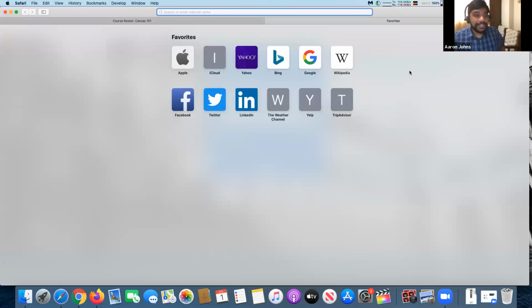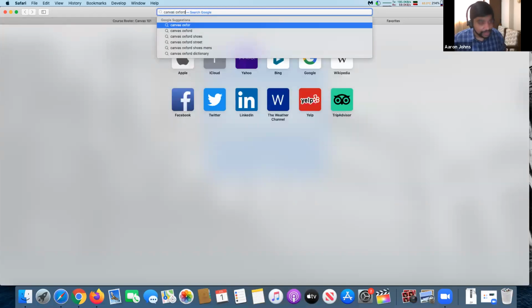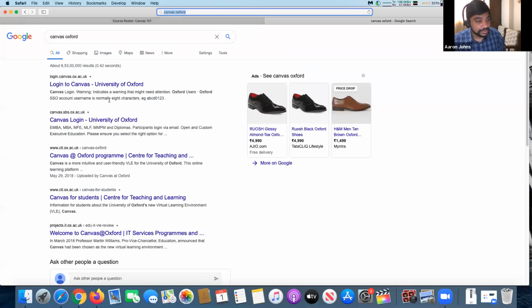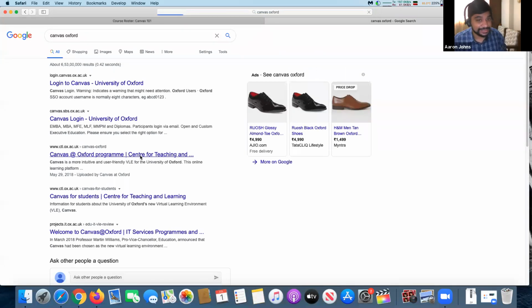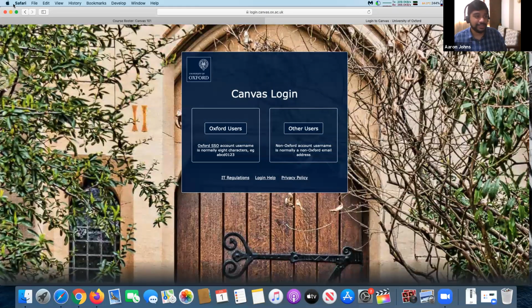Compared to Moodle, as someone said over here, Moodle versus Canvas, I'll say Canvas is the more superior one, to be honest. Let me show you where Canvas is used. Oxford University does use this, by the way. Stanford as well, all of them use Canvas. University of Oxford uses it. Can you see? So they use Canvas.